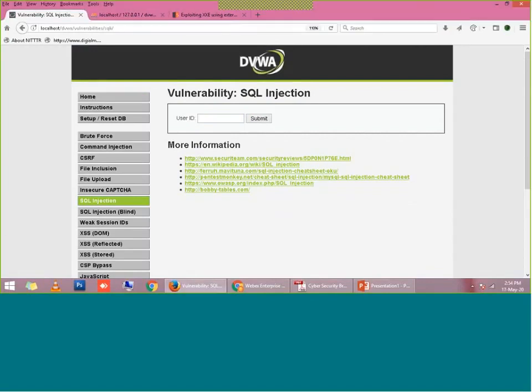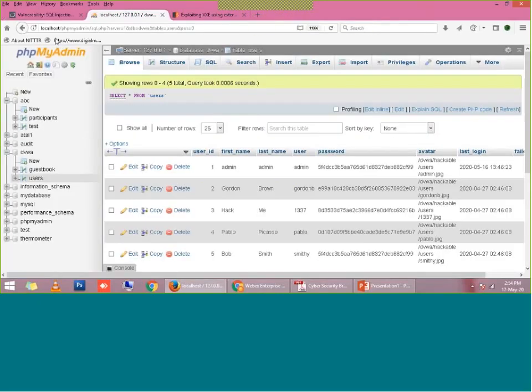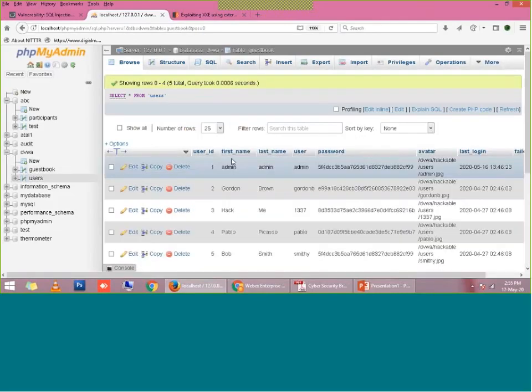When I put one here, you can see it is showing the first name admin and the surname admin, right? After that, when I go back to DVWA, I can see the users table. Here the user ID is given.